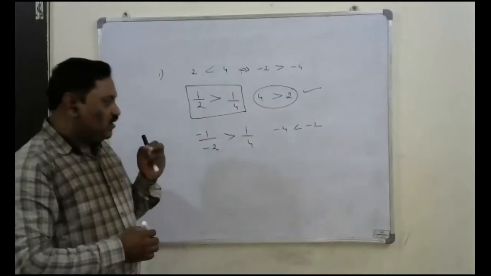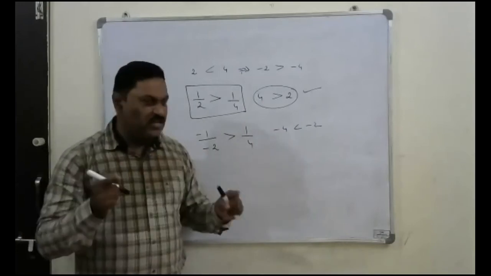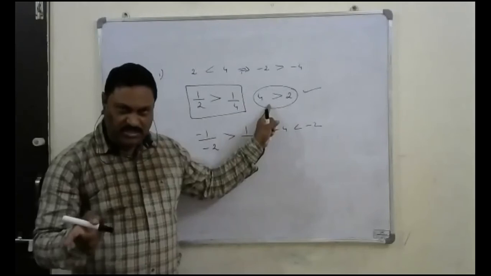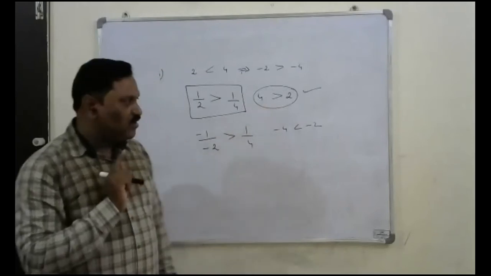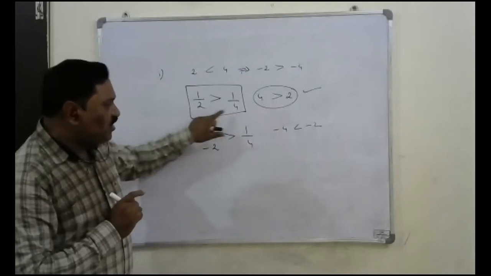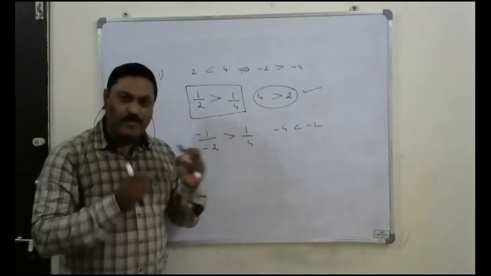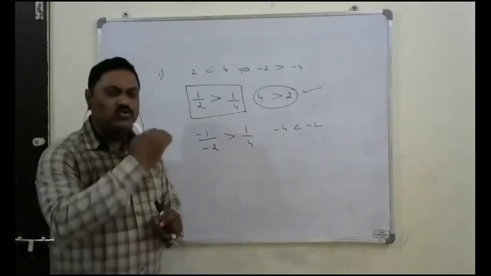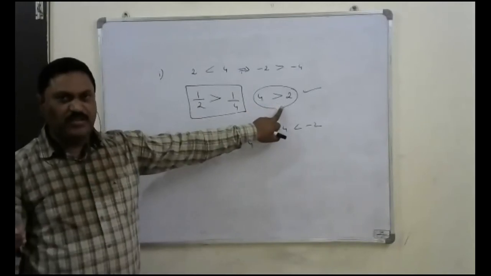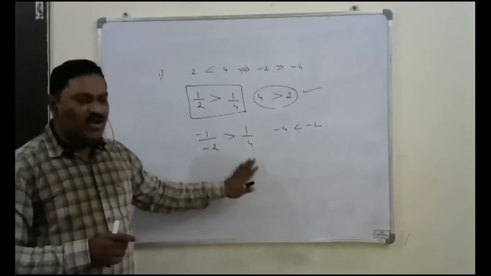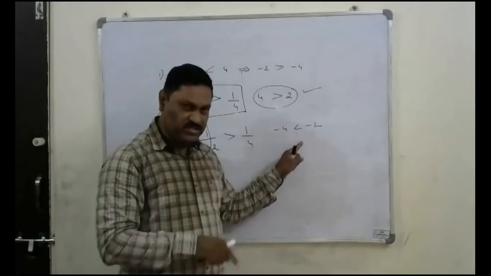Yes. Whenever you have some fraction, if you do the cross multiplication, sometimes that inequation is not changing, sometimes that inequation is changing. What does that mean? If both the terms are in the positive sign, even though you do the cross multiplication, that inequation does not change. Suppose if you have one negative and one positive, if you do the cross multiplication, that inequation gets reversed.